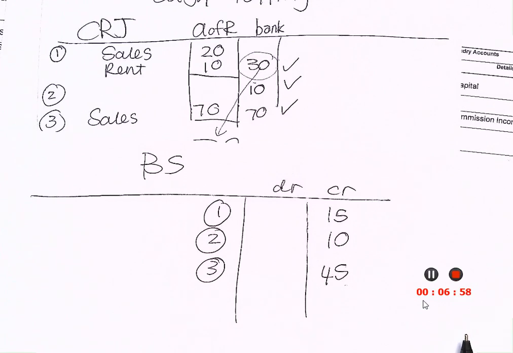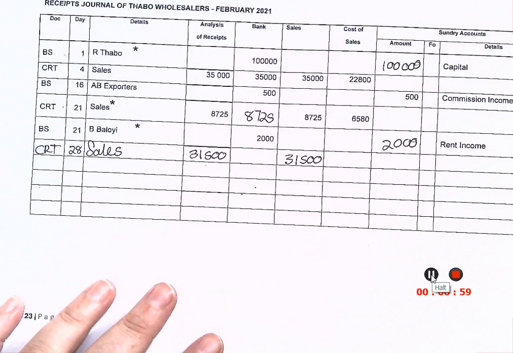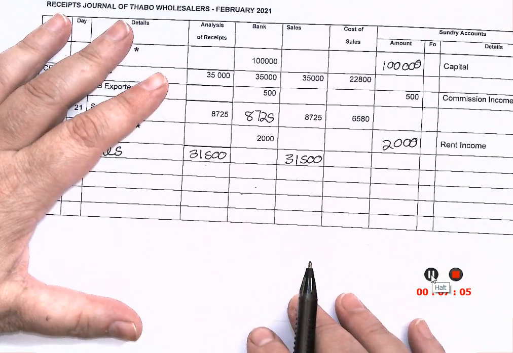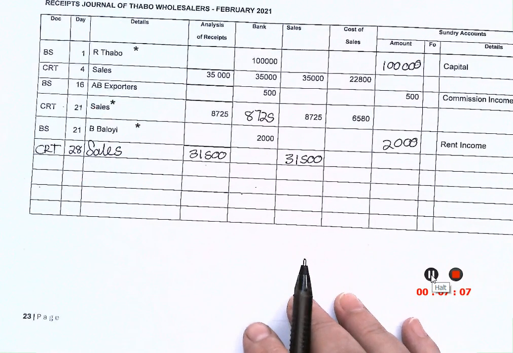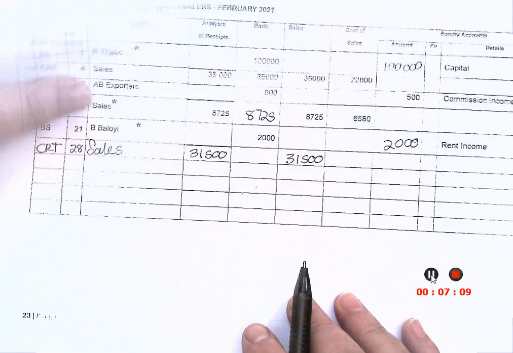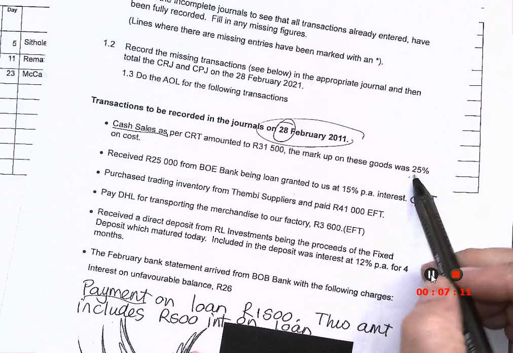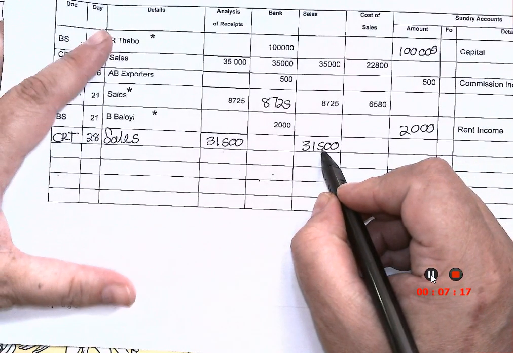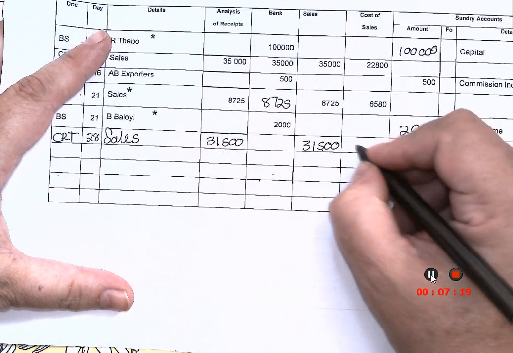I see a question. Okay, so now I need to calculate the cost of sales. They say the markup is 25%, right? Is that right? You guys please wake up. Yes, 25%. So I say 31 times 100 divided by 125, and it gives me